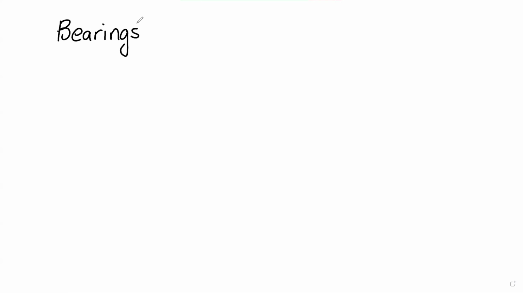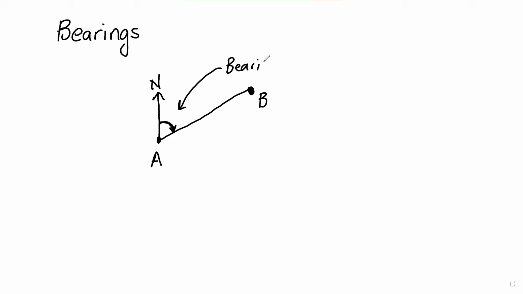Just to refresh your memory a little bit, if you have a point A and you have another point B, and I want to know what bearing B is on from A. Well, from A means I'm starting at A, so I would put a north line at A and then a line connecting A to B. And this clockwise angle formed between the north line at A and the line connecting A to B will be your bearing of B